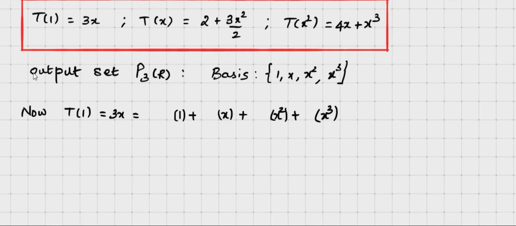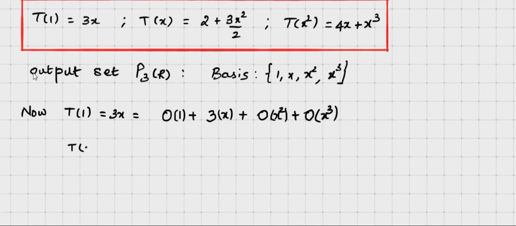The thing is very simple. You have to fill the coefficients. That's it. It's a very simple thing to deal with initially. See, here it is 3x. So I can simply put 3 here and I can just fill 0 as the coefficient for the remaining terms. Okay. It's very simple. This is the linear combination of 3x in terms of 1, x, x square and x cube. And we shall see the next one.